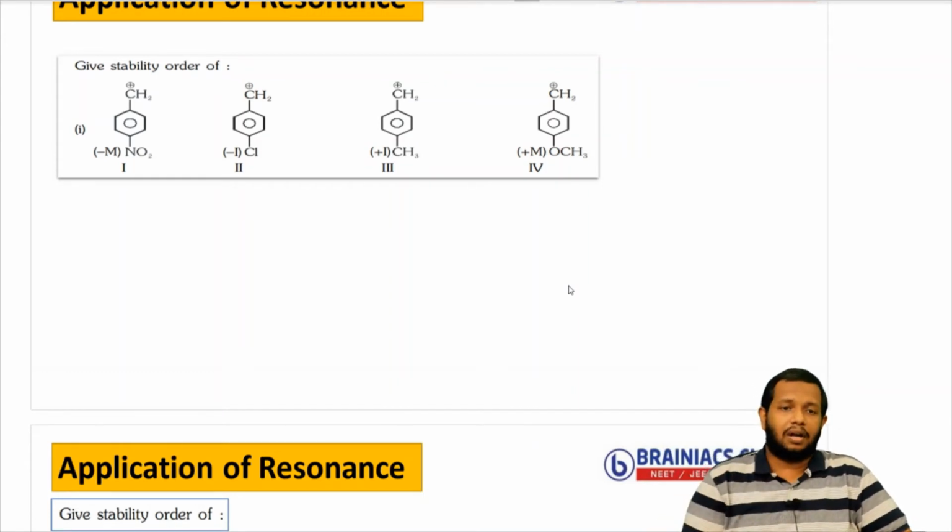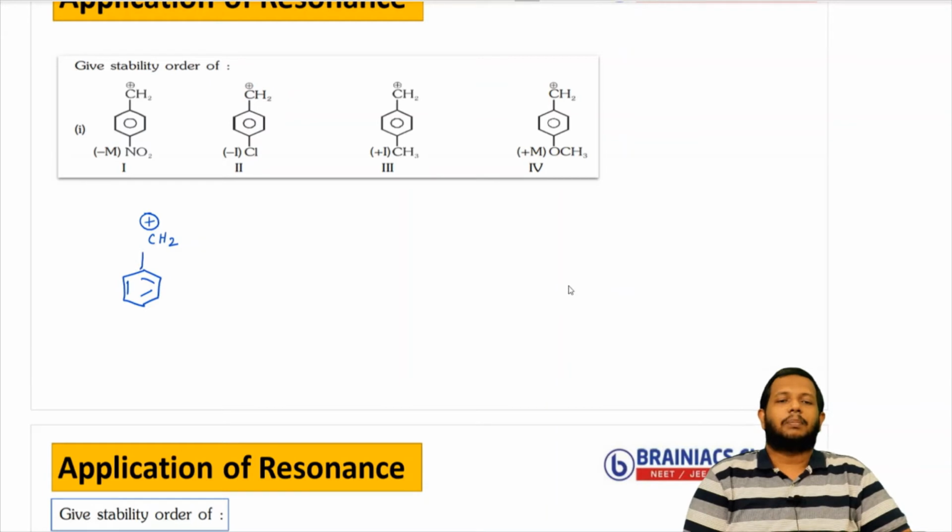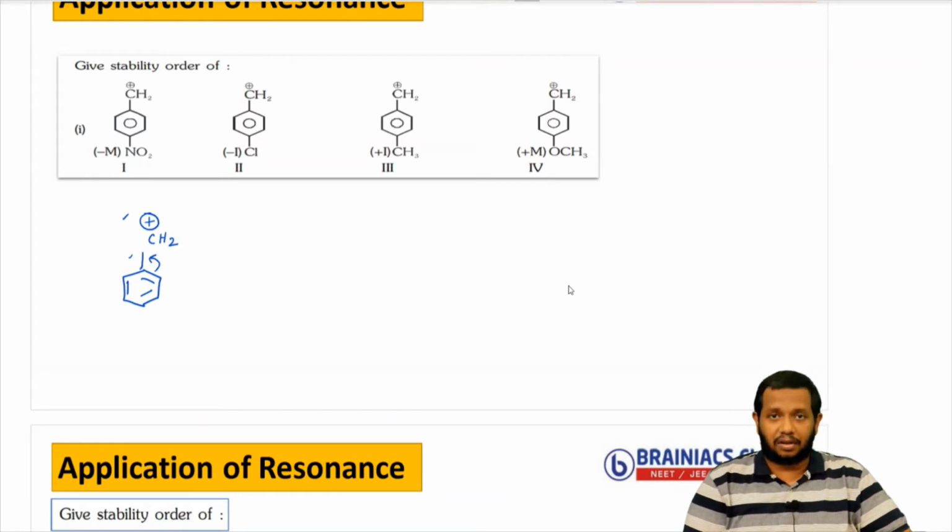Now let's see. The first one, let us analyze. You have a compound, and you have CH2 plus here. Instead of this circle, if I draw it with double bonds, that is more meaningful for you to understand. Now if you see here, plus charge, single bond, double bond, single bond, double bond. How will the resonance happen? The double bond will shift towards the plus charge. That is the way we have learned it. That means this will exhibit resonance. And also you can see here NO2 is added.